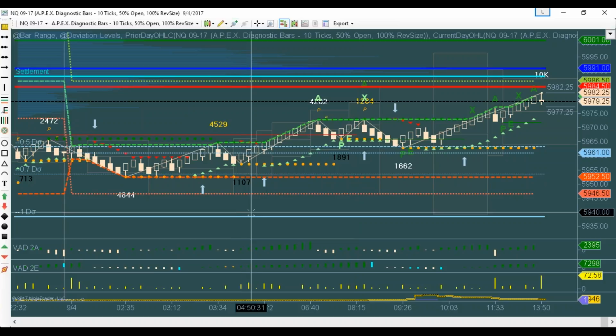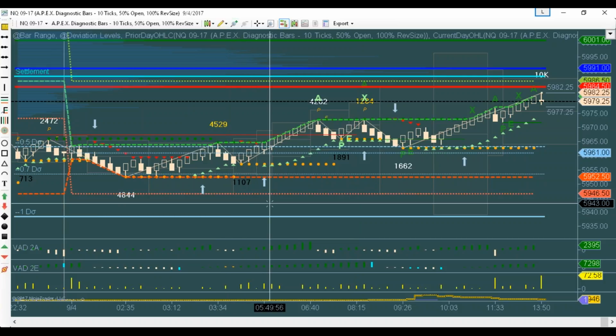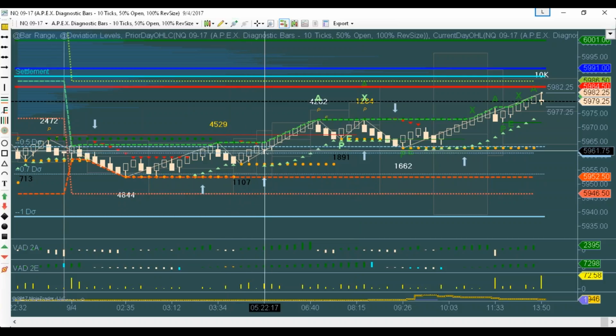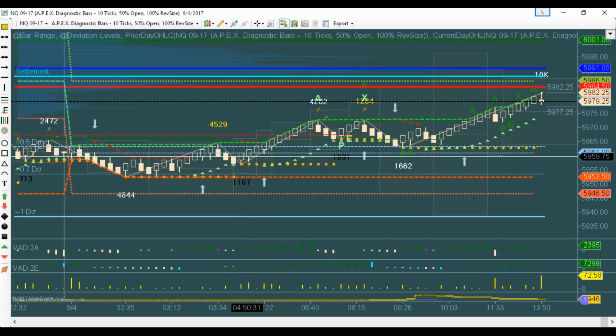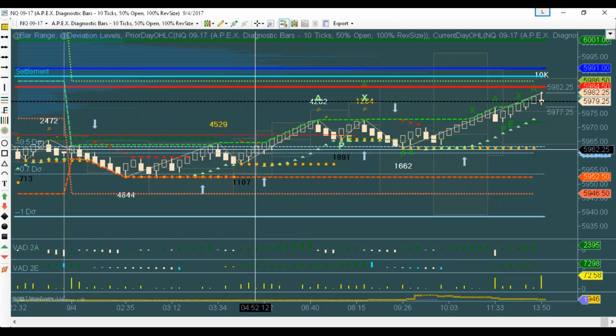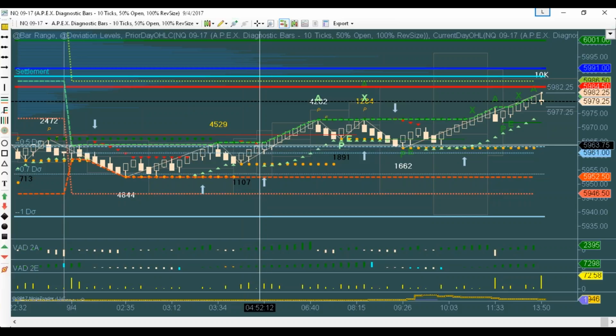Now, let me ask a question. What do you think was happening on the oscillation detector right in here live? What do you think you probably got right in here? Because you're watching these numbers live. You can see them live. You don't have to wait till the bar closes. The numbers paint live. What do you think you got right in here? An alert